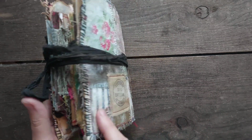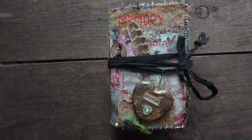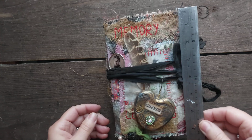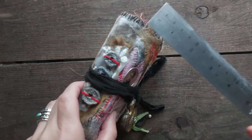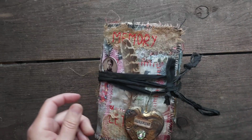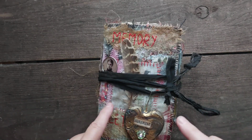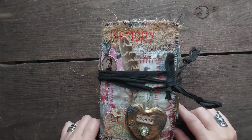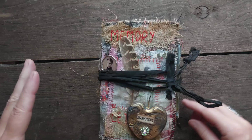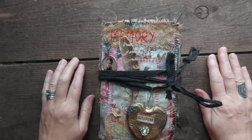Actually, quite a chunky one, three little signatures. Size-wise, this little guy is 5 by 7.5. The spine would be an inch and a little bit, as I say. This journal has been reserved. So if you see next to the title that the journal is sold, that means that the lady who reserved